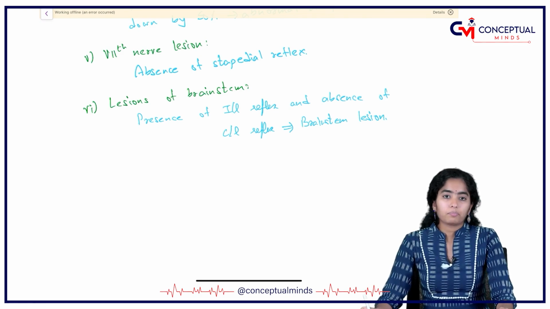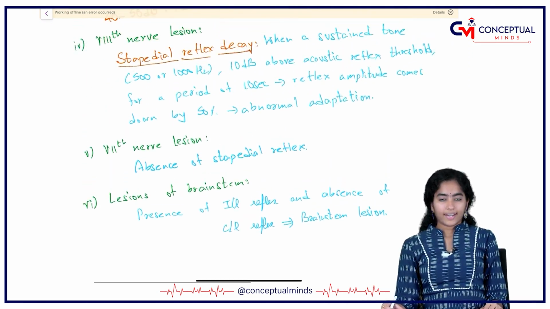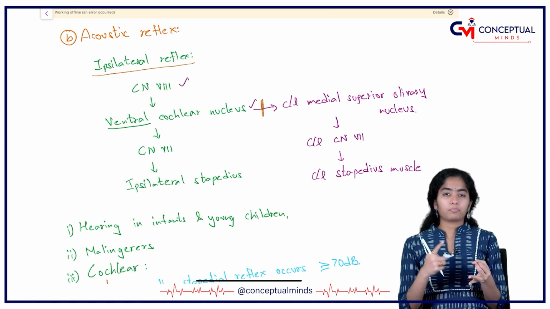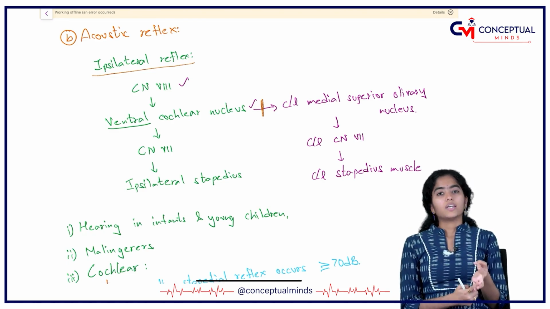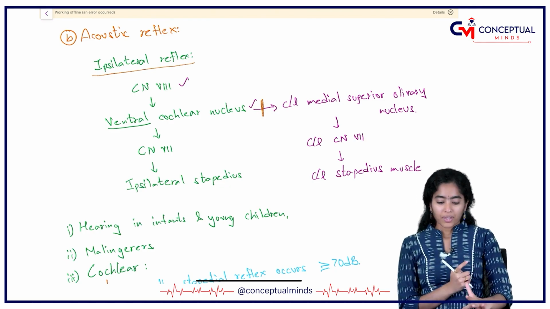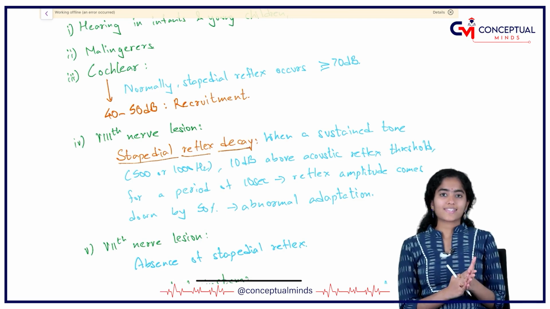So our simple acoustic reflex can give you so much information. It can tell you whether there is a problem in the 8th nerve, problem in the brainstem, problem in the 7th nerve. It's useful in malingerers, it's useful in infants and children, and it is also useful to identify cochlear versus